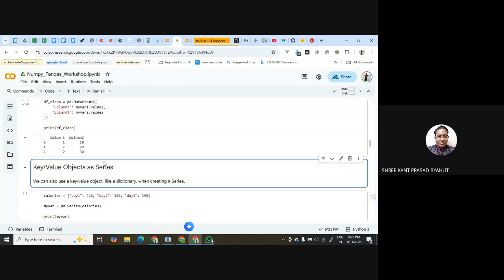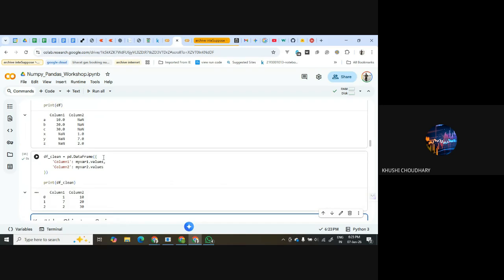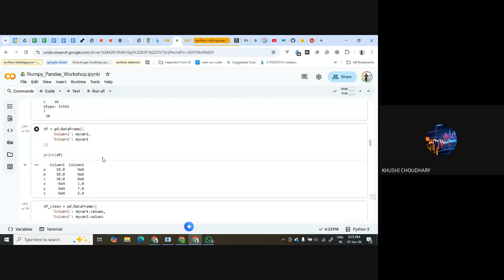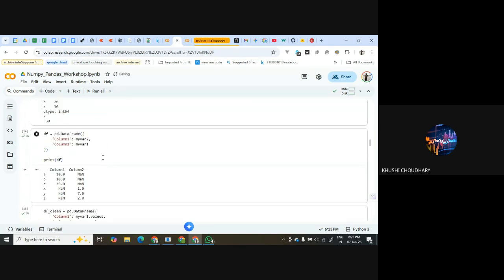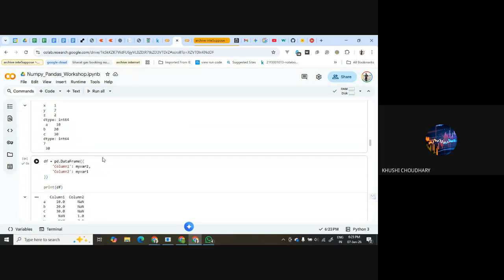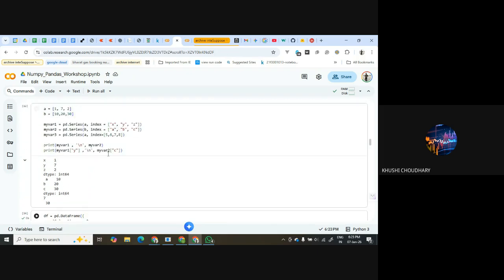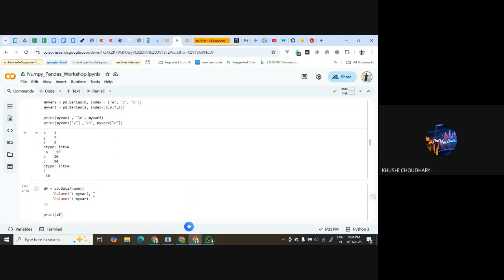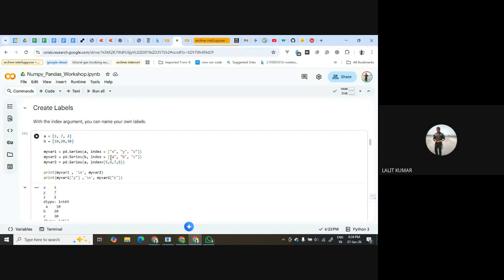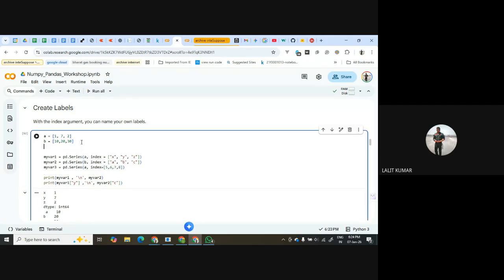Okay, default index. In the previous cell, we formed a data frame using column 1 and column 2, and their indexing is done using sorting, right? If we have labels, numerical and categorical both, say in column 1 we have numerical labels and in column 2 we have categorical labels, in that case how will the ordering be done for the indexes? Okay, let's see. We'll check that.